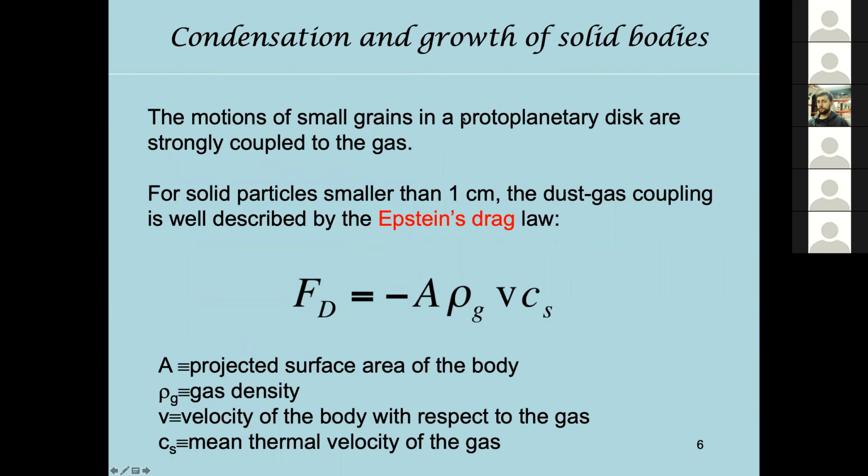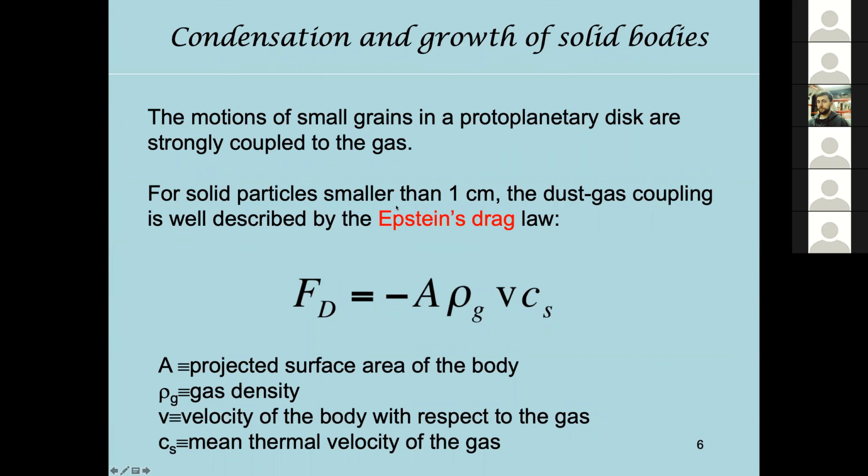So if you start with small grains from the interstellar medium, when you have your dense core, you have dust grains that have a grain size distribution going from, say, 10 angstrom in size up to maybe 0.2, 0.3 micrometer, although some larger grains could also be present. So they are relatively small. In this regime, small grains are typically quite strongly coupled with the gas. However,